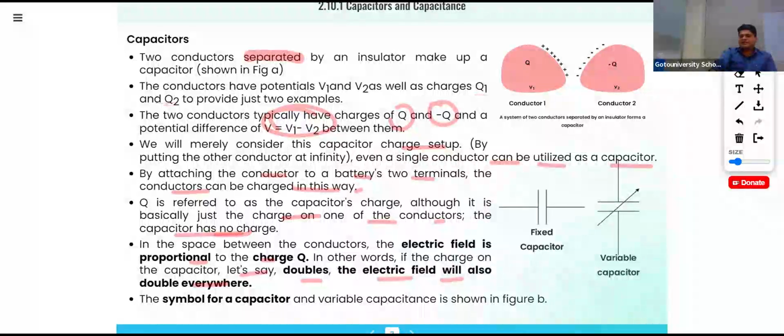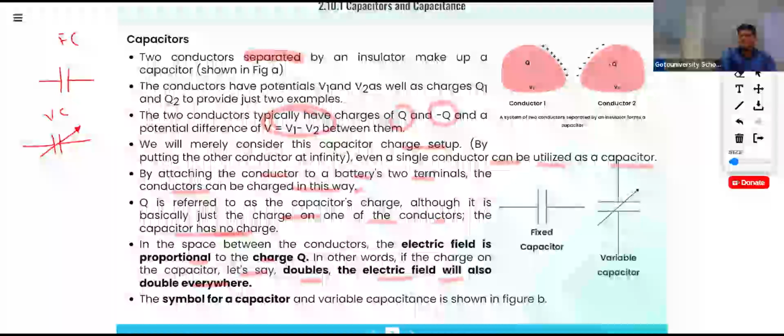The symbols for a capacitor and a variable capacitor are shown in this figure. I will explain what the symbols are. The symbol can be represented by this. It can be represented by this. This is a fixed capacitor and this is a variable capacitor. This represents our voltage regulator. Okay, then